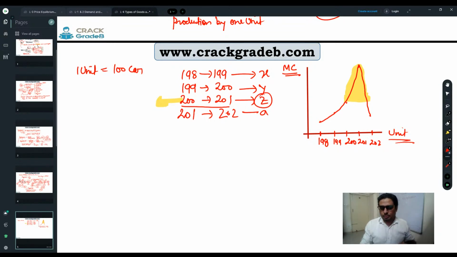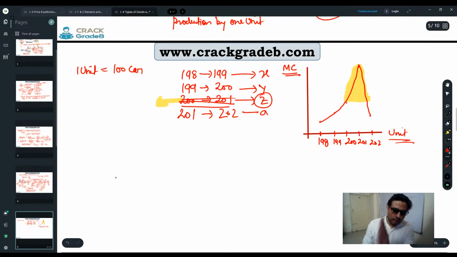If there is no possibility, then they will not go for this one. They will say that okay, we will produce only 200, but if more demand comes, we will ask our customer to wait for the delivery. But we are not going to increase because they feel that this cost is going to be very huge, and maybe to recover this cost we need at least 2 to 3 years to reach